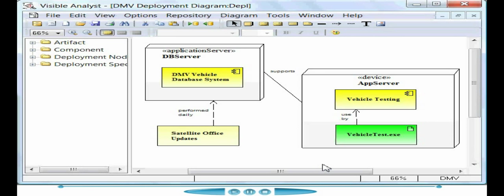Deployment diagrams depict a static view of the runtime configuration of hardware nodes and the software components that run on those nodes. Components defined on a component diagram can also be used on the deployment diagram. The symbols used on a deployment diagram are the deployment nodes, the components, the artifacts, the deployment specifications, and the